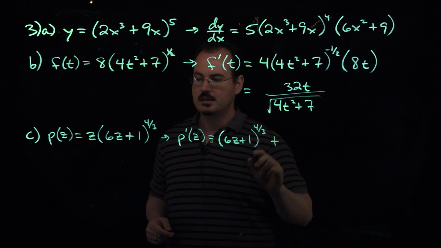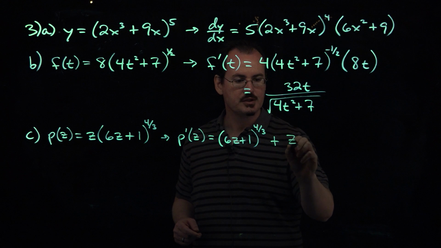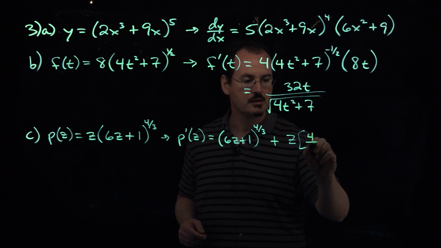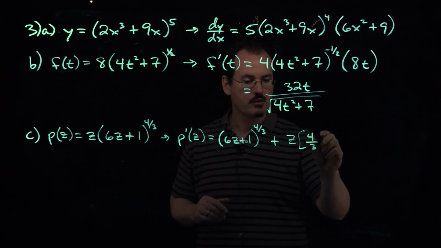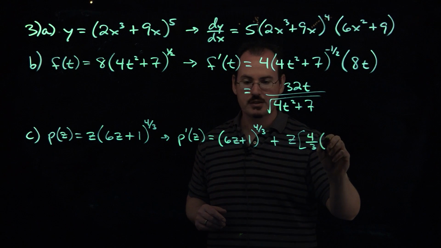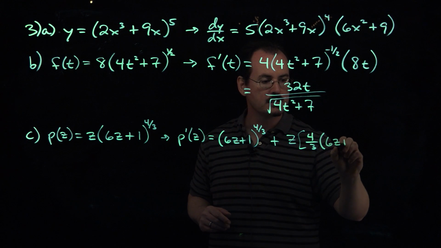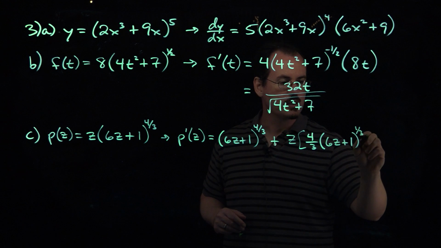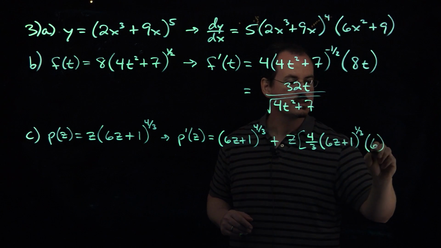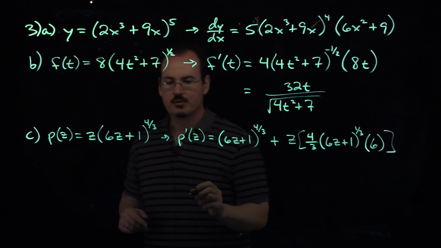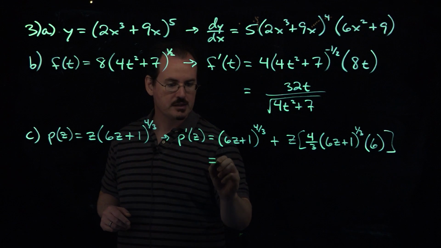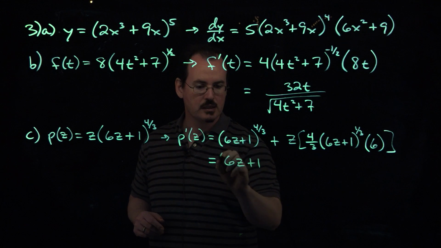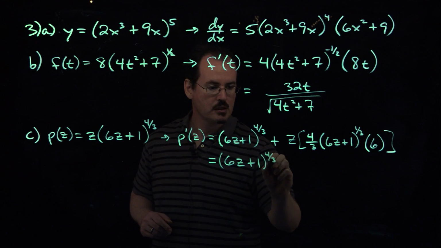Then plus the first function, which is z, times the derivative of the second function, which is going to then require the chain rule. So the chain rule says that one, we put the 4/3 in front, we leave the inner function alone, so the 6z plus 1 stays as it is. Lower the power by 1, that's going to give us a 1/3 power, and then we multiply by the derivative of the thing on the inside, that's 6. You can simplify this one a little bit as well. We'll write this as, the first part will just stay the same, 6z plus 1, 4/3 power, and then this one,